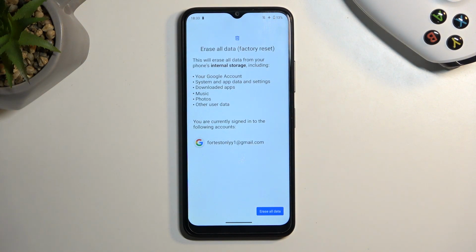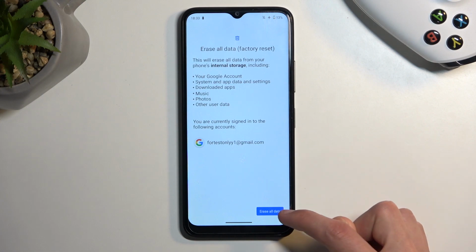So if you keep anything on your phone that you want to preserve, maybe some documents, photos or music, make a backup copy of it before you begin, because once you go through this, the data will be removed and this cannot be undone. So it will be at that point permanently lost. Anyway, assuming you have already made a copy or you simply don't want to, you can then select Erase All